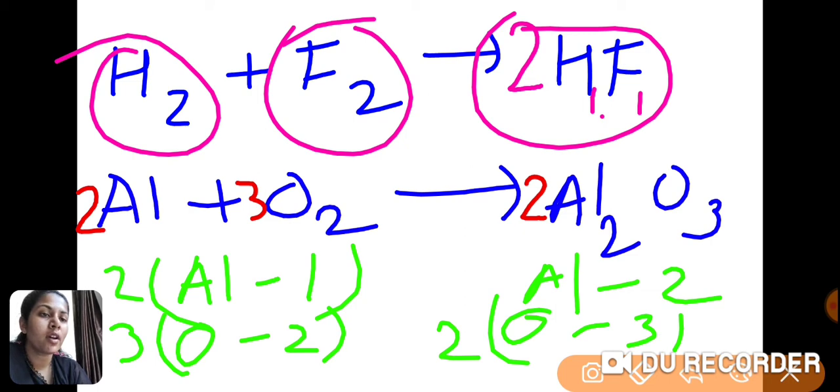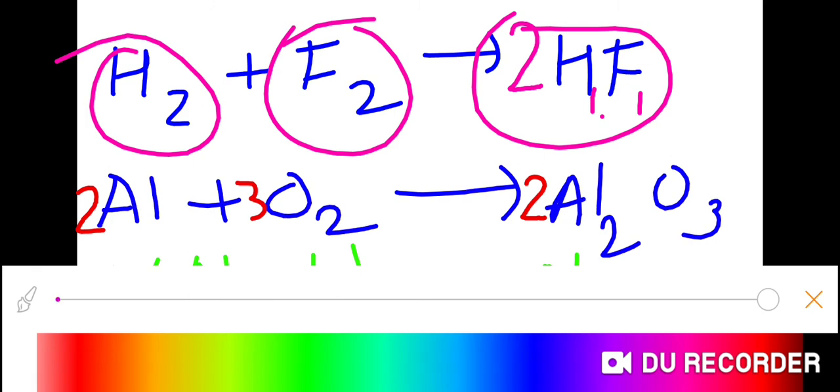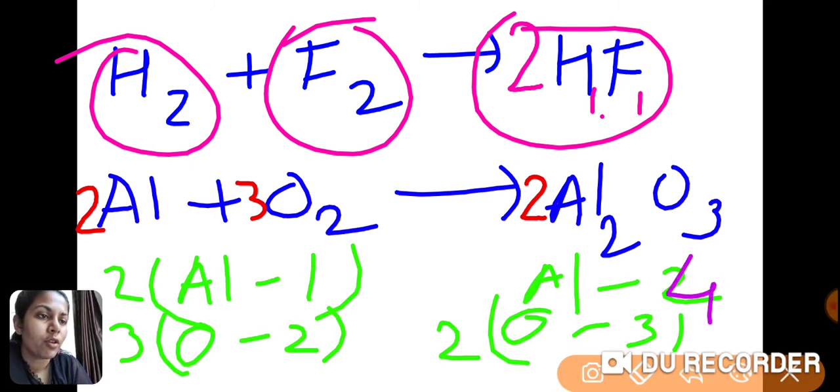Oxygen is balanced. Now again we can see if we multiply this, then we are getting 4 molecules of aluminum here, but this side has only 2 molecules of aluminum. So now what we will do is, aluminum 4 molecules, this side also we need 4 molecules, but we have 2 molecules. If we multiply this by 4, then we can compare both as 4 molecules. So if I write here 4, then 4 molecules of aluminum on this side, 4 molecules of aluminum on this side. Here 6 molecules of oxygen on this side and 6 molecules on the product side. Clear? Okay. Next example, I will give you one more example.